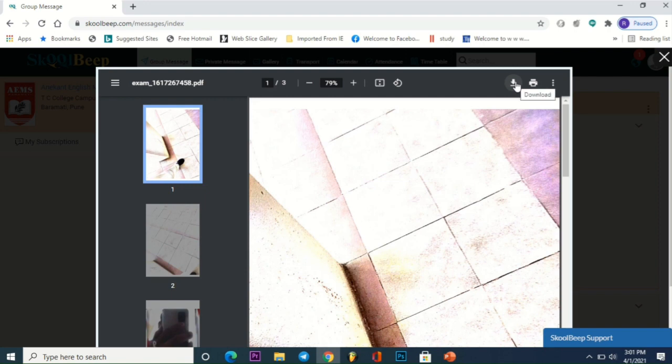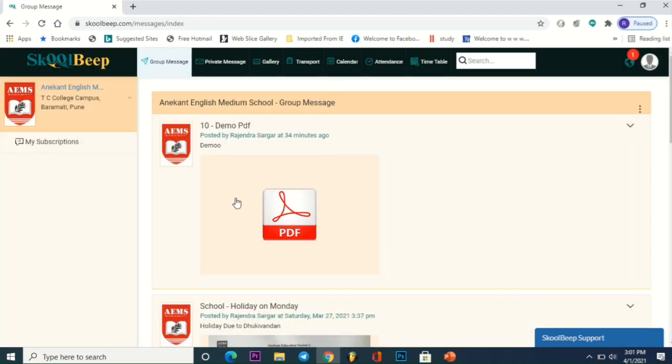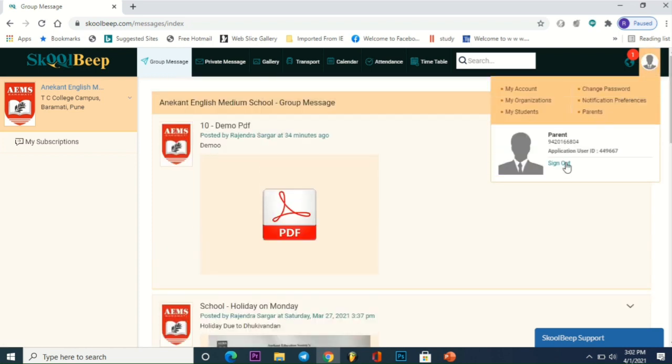If you want to download it, you can click on Download. So any PDF, videos, MP3s, if you want to download them, you can download them on the laptop also. You can check the messages also. You can download PDF, image, everything. The same thing at the end, you just click on it and click on Logout.